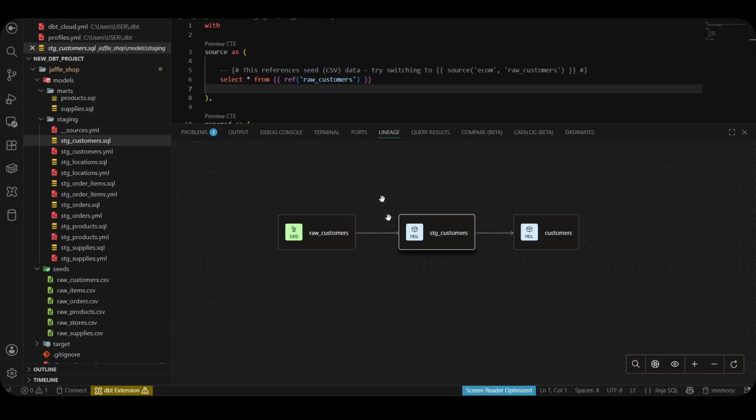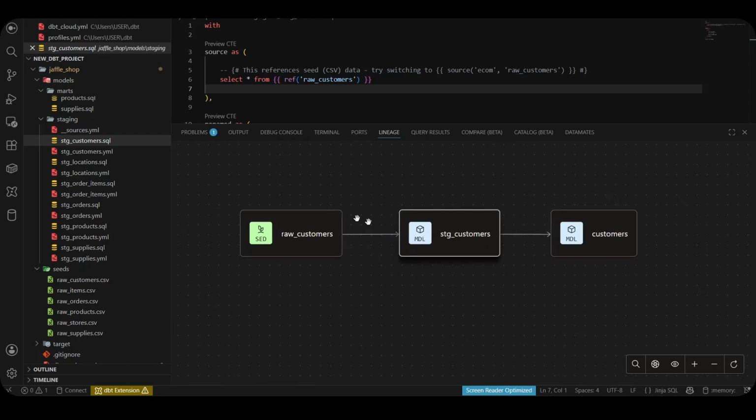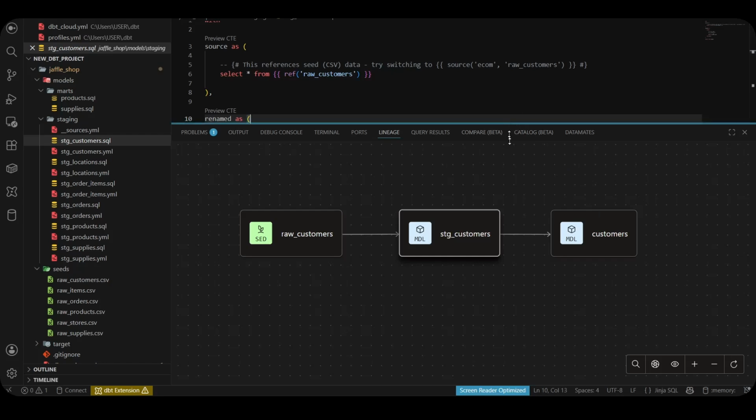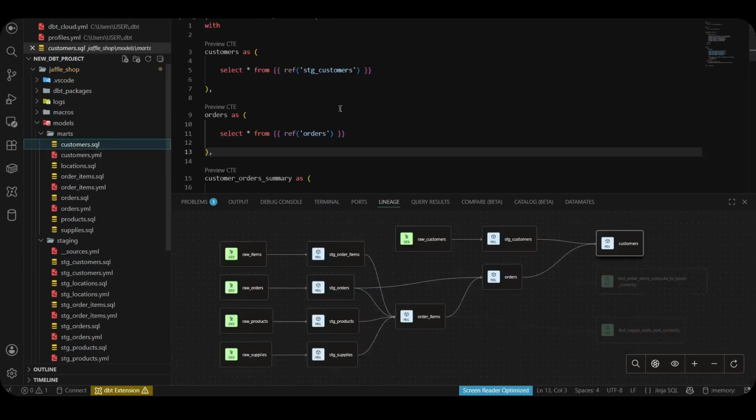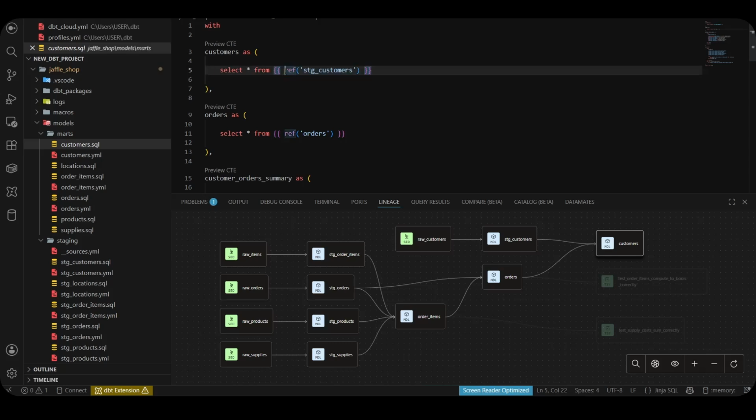Now, how does DBT know? How can DBT tell how your data is flowing? It is because we use this ref keyword inside here. So if you go inside here, you should see a ref keyword, right? This ref keyword on its own is what is telling DBT that hey, this is where our data is coming from. If you didn't use this ref keyword, let's say if I were to remove this,